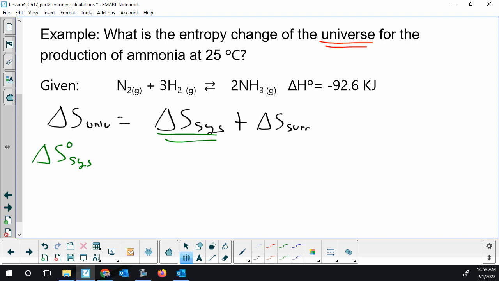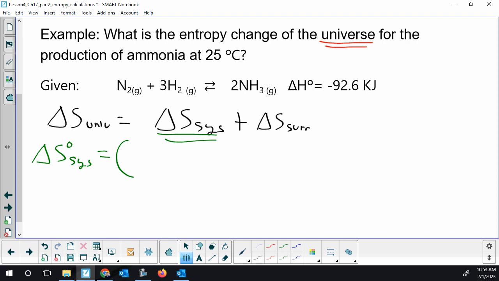Because we're talking about the system, the surroundings, the universe, I'm putting in the subscript for the system. We'd have to look up, it's not in this slide, we'd go to whatever source or textbook. Our test would need to be given standard absolute